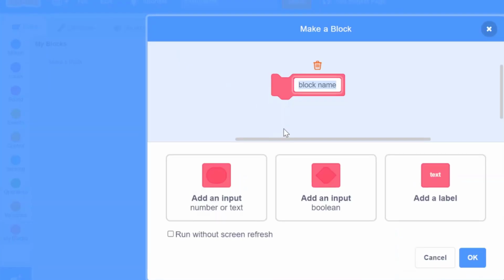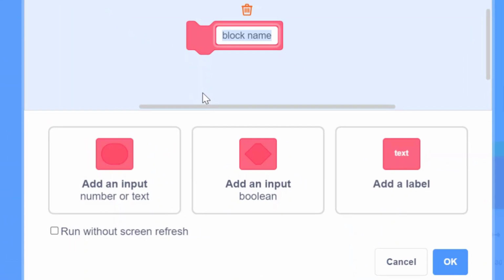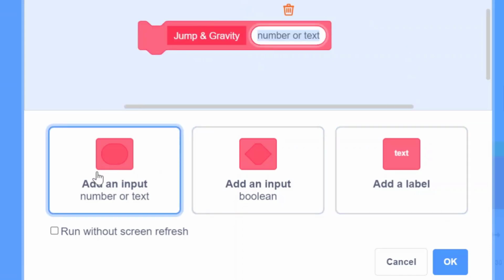Create a new block named jump and gravity. No. This jumping gravity with an input of